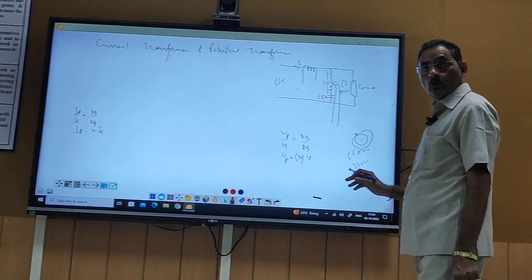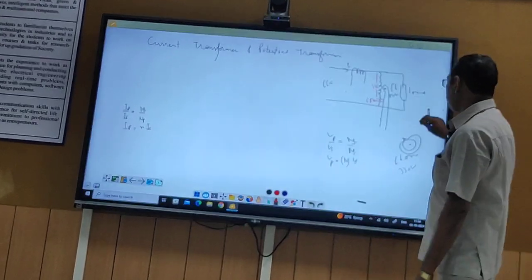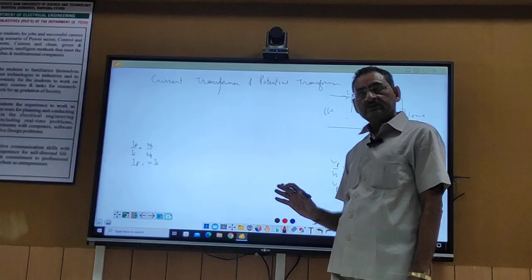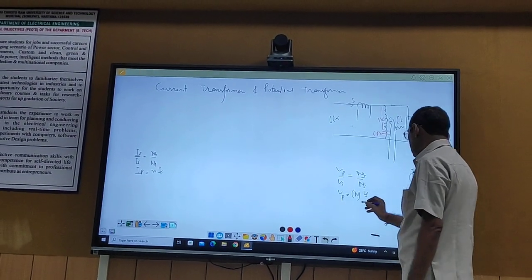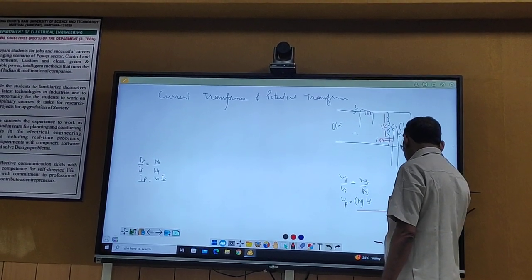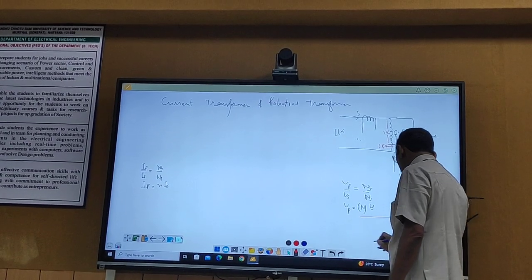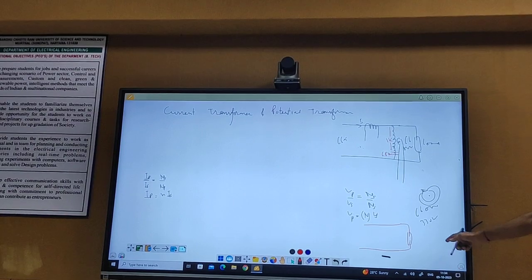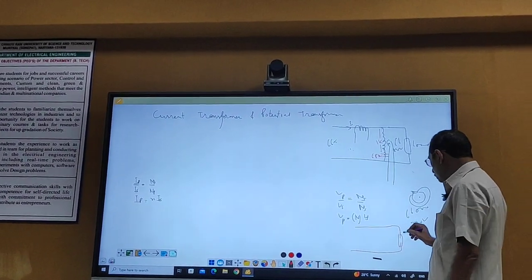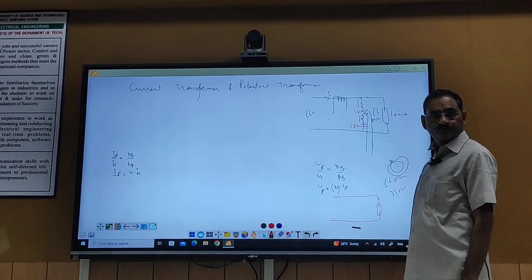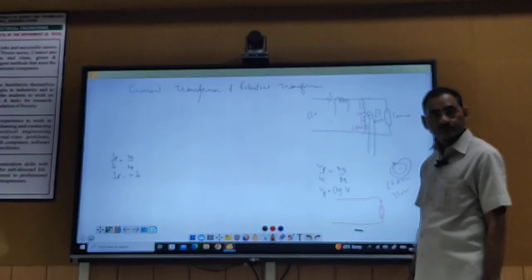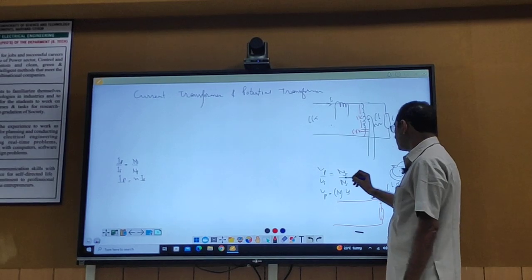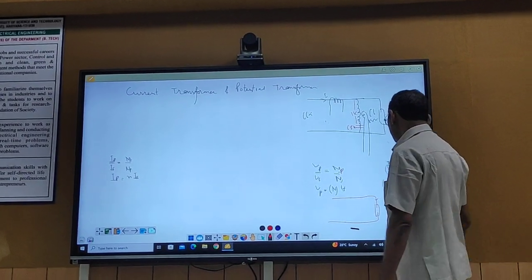Now suppose you want to measure power with the help of the wattmeter. Suppose this is a load, again we write this is a load, and you want to measure the power, how much power is consumed in this load. So what do you do? Vp by Vs is equal to Np by Ns. Okay, so what we do here,